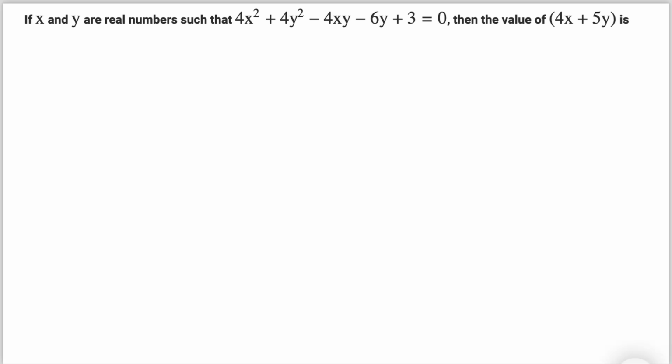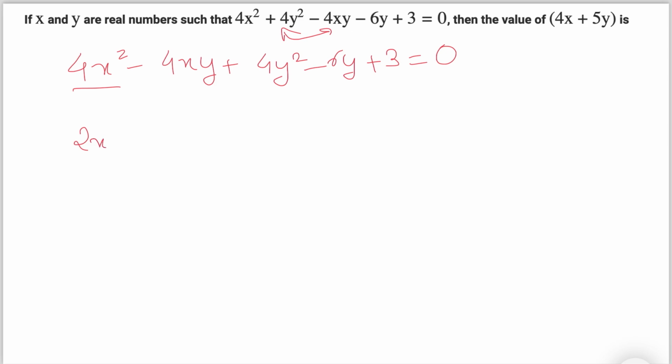So in this, our first step is we slightly rewrite these two terms by changing their order. We write this as 4x square minus 4xy plus 4y square minus 6y plus 3 is equal to 0. Now, if you observe closely, guys, this part is 2x the whole square. Minus 4xy can be split as